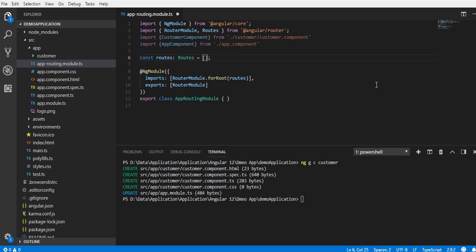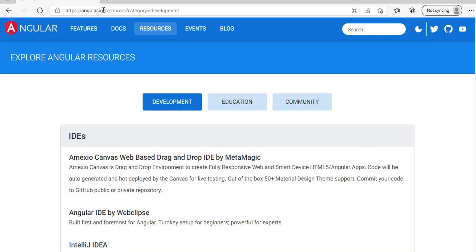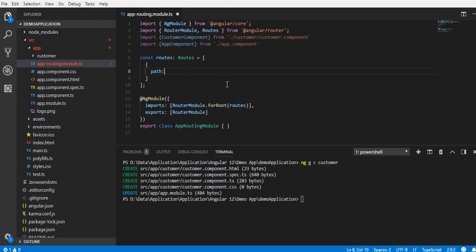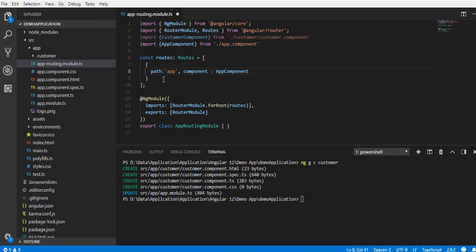Under this array, the routes are defined as objects. First is the path. The path will be a particular text, whatever name you would like to give the path. For app, I would say app, and then we need to connect it to some component. Which component will I connect here? The app component, right?